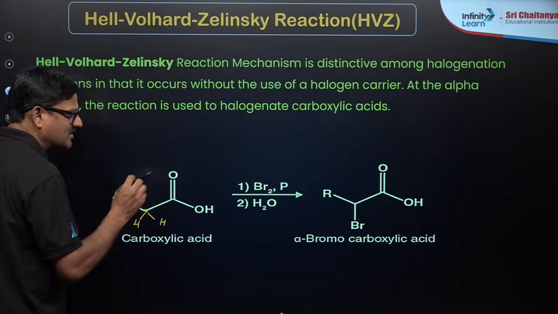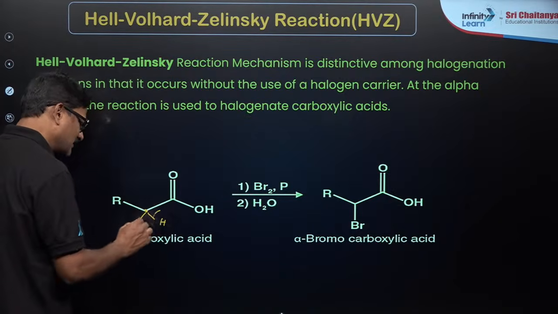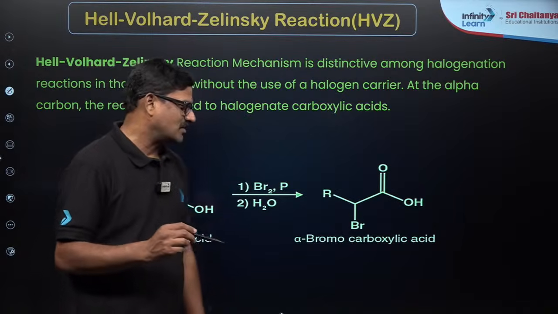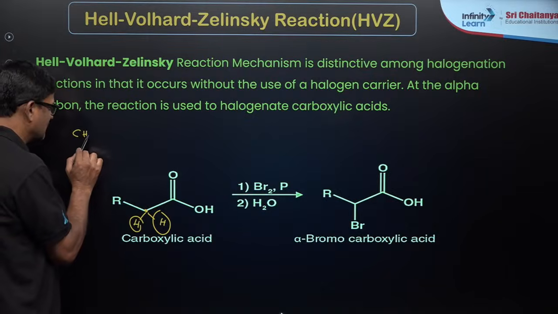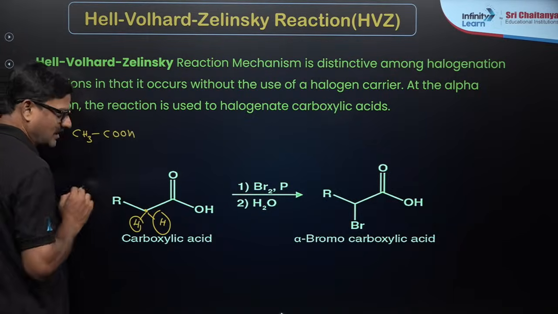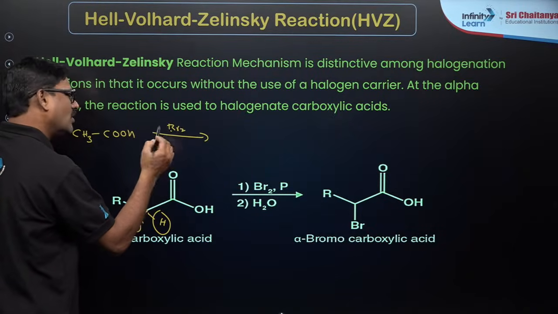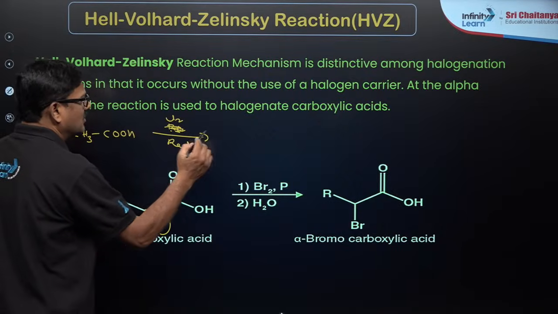When it is treated with Br2 and red phosphorus, bromination occurs, giving alpha bromocarboxylic acid. You can see here CH3COOH, right? If it is treated with Br2, or you can use chlorine also, and red phosphorus,